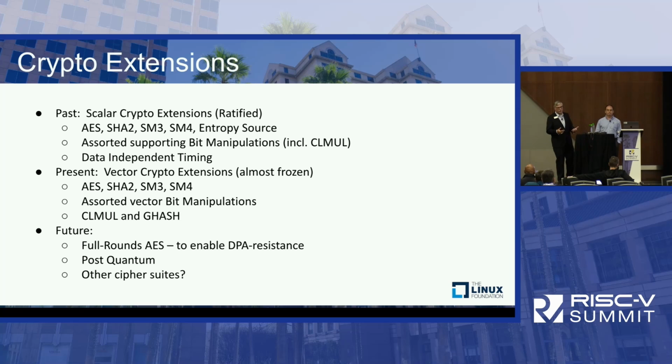And then there could, then kind of who knows, there could be other cipher suites. We have AES and some Shangmi instructions in the current extensions. We've started to look at GHASH extensions and other kind of national ciphers or ciphers which are used specifically in 5G or other market verticals.